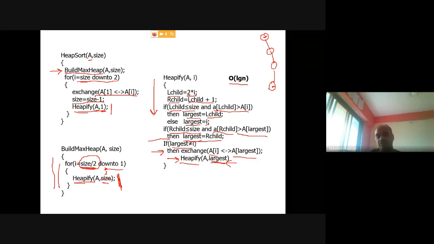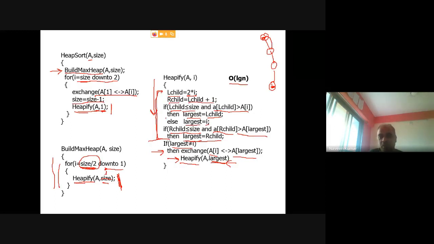In the worst case, this is the maximum number of times you want to run heapify. So the root node element will be fixed at some leaf node. So you will move along some path in that complete binary tree. In one iteration, if you look at this code, till this point, it will take constant time.